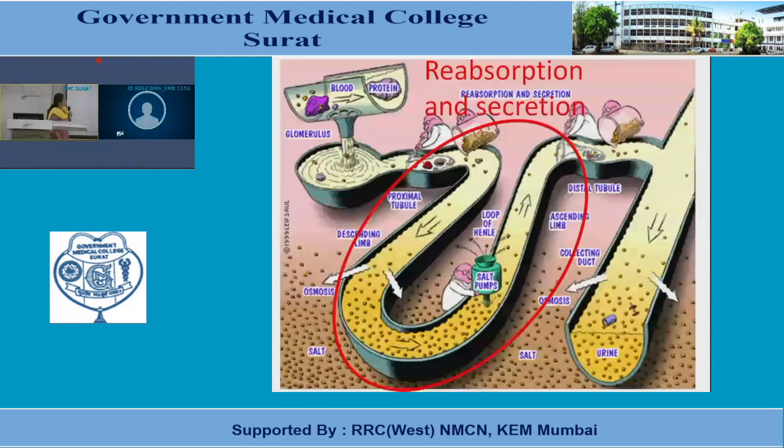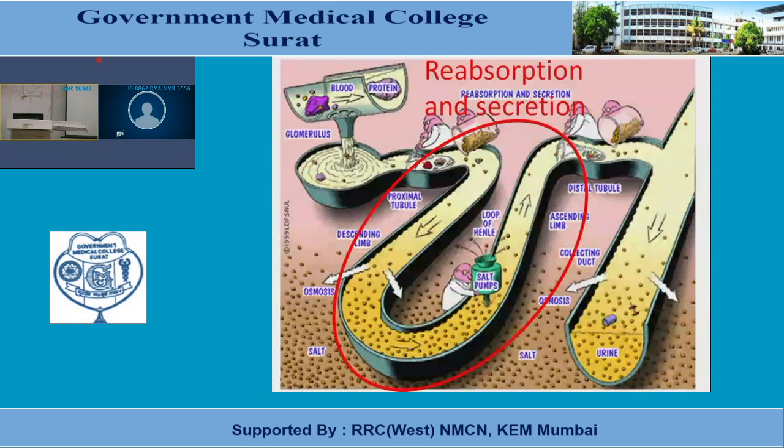Now this is a very nice animated diagram showing the different processes occurring in the nephrons. You can see the blood and protein being filtered at the glomerulus. Then you can see osmosis in the proximal tubule, mostly absorption of the solute and the water. Then the concentration of the solute increases because the descending limb is highly permeable to water. Then there are different pumps in the ascending limb. There is a thick segment and a thin segment, and solutes like sodium, potassium, and chloride are pumped back.